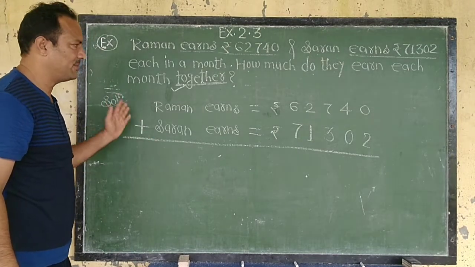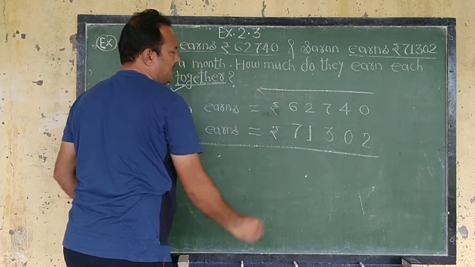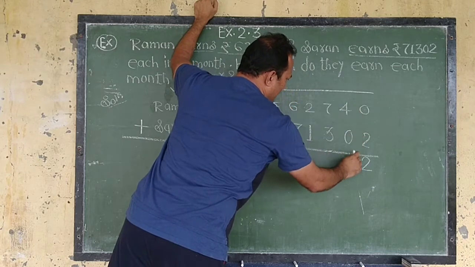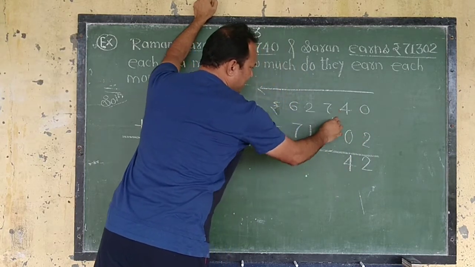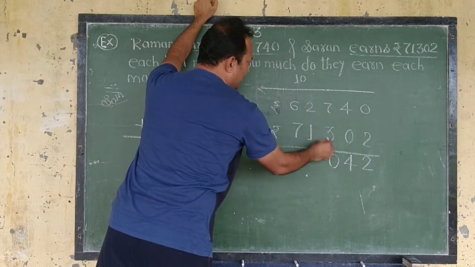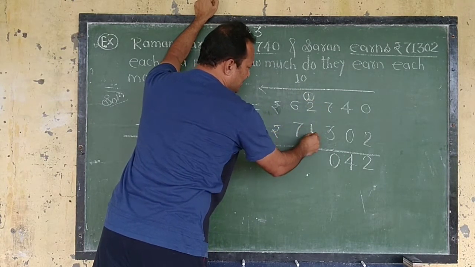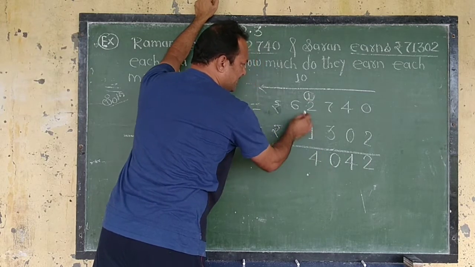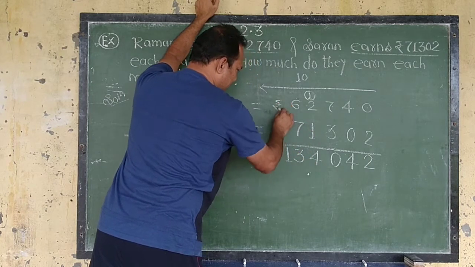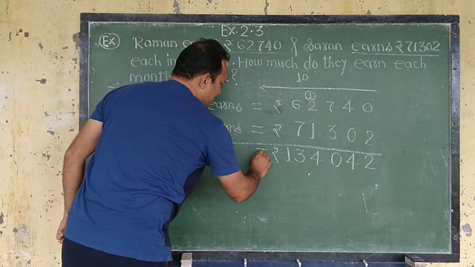Now this is the word problem. Now we have to solve. As we add, we always solve from this side to this side. 0 plus 2, then 2. 4 plus 0, 4. 7 plus 3, 10. 10 is double digit. Then write 0 here, carry 1 here and circle the carry. 1 plus 2, 3 plus 1, 4. 4 is single digit, then we will not carry. 6 plus 7, 13. Then write here 13. This is rupees, then write here rupees. Exactly below, write is equal to.